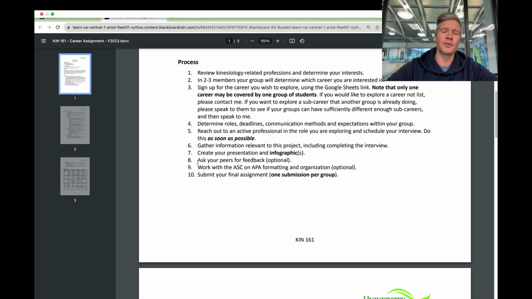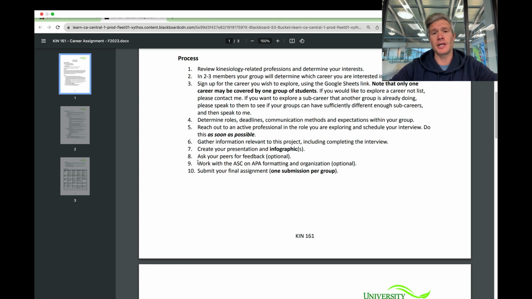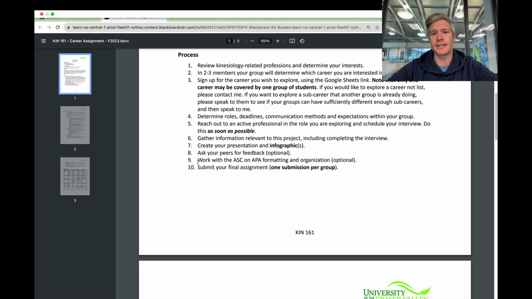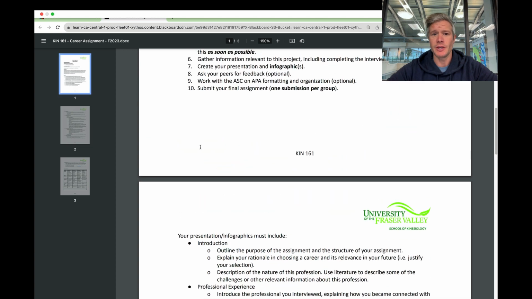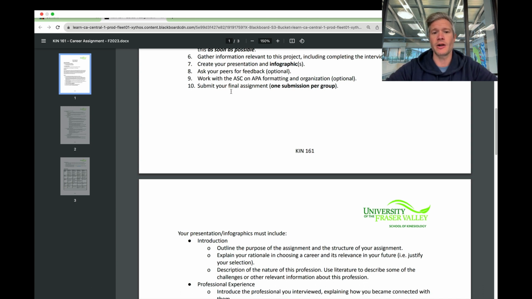You can do this over Zoom, a phone call, in person, whatever works for you and your group. And then from that, plus some additional research that you'll do on your own, you're going to find all the information you need for your presentation. Before you do the presentation, or once you're done it, you can always send it to another group and have them look over it, and you can all share and give each other feedback and comments if you want.